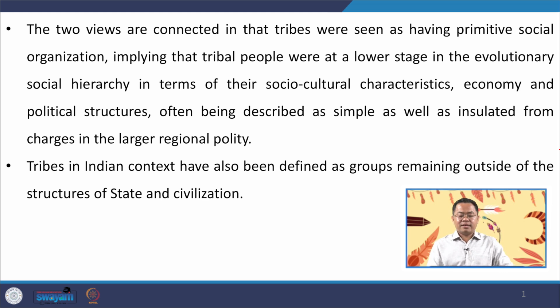So, another important thing is that we always imagine tribes as static and unchanging communities, primarily because tribal communities are viewed as communities who live in isolation, particularly geographical isolation from other communities, in a sense that they live in the deep interiors of the forest, they live in the deep interiors of the hills, and they are rarely in touch with the outside world. In the context of India, this understanding is also important, because it has shaped the way in which we understand tribal communities even till today.